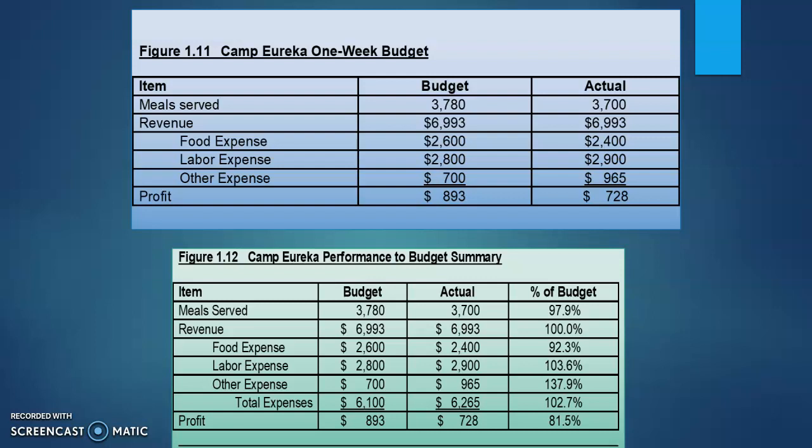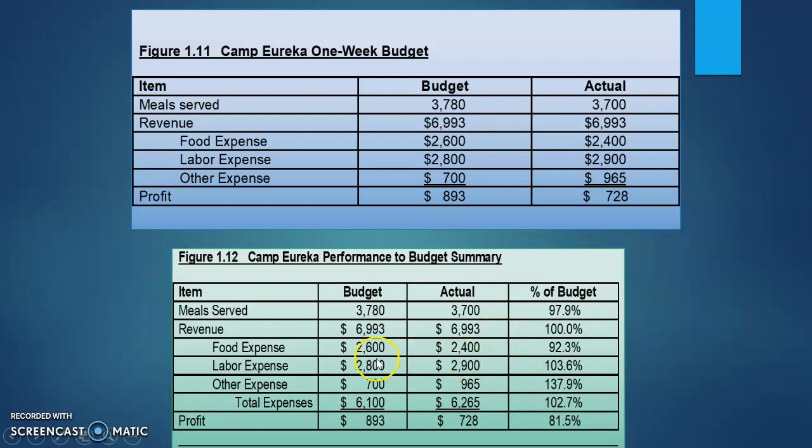Now, do crazy things happen? Absolutely. But for the most part, your sales are pretty steady. You'll see, it's pretty predictable. Here is an example of this Camp Eureka that they did. They have a weekly budget, and they look at what their budgeted numbers are, what their actual numbers are, and then this shows you applying that formula, how close they are to the budget versus their actual numbers, right? So obviously the goal is to be as close as possible to their numbers.